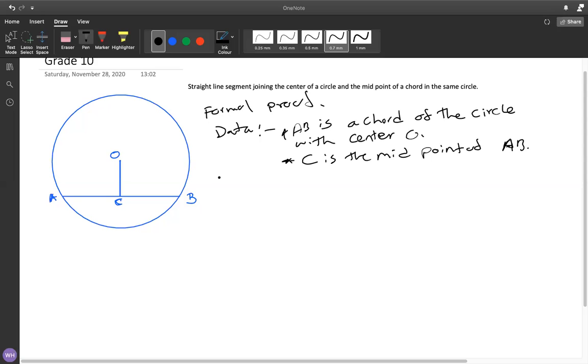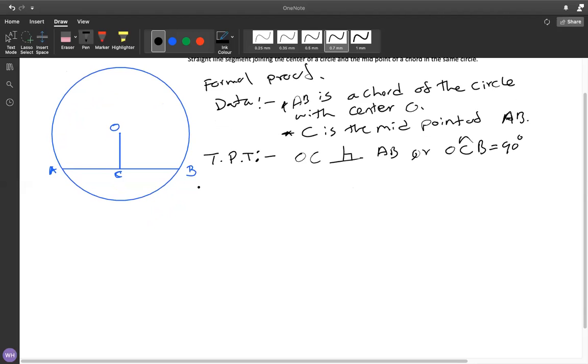Okay, so this is the data given, and then you will need to write what is the next step? To prove that. So what do you need to prove? OC is perpendicular to AB. Or you can say that angle OCB equals 90 degrees. Same thing. Taking that clear and going for the formal proof,